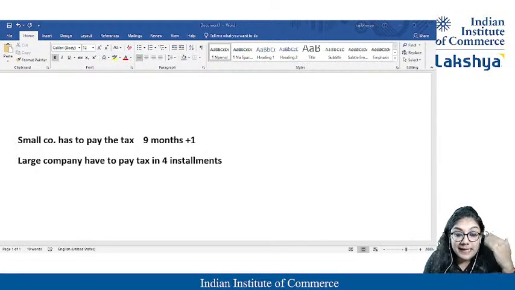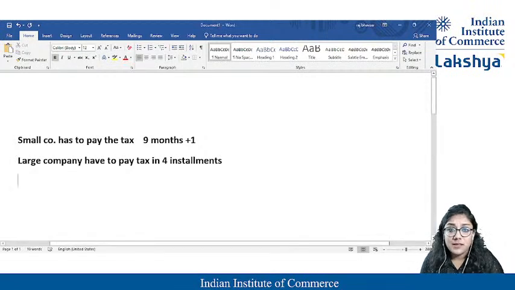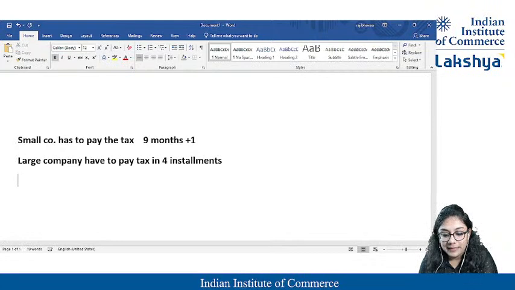Students, I have not yet read the question. This is what I should analyze in my mind. Okay, if there is a small and large company, so this will be the bifurcation. Along with that, the main problem is, okay ma'am, how will I identify whether this company is large or small? Yeah, so identification is important, right?